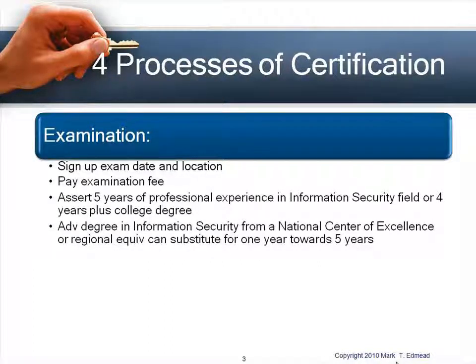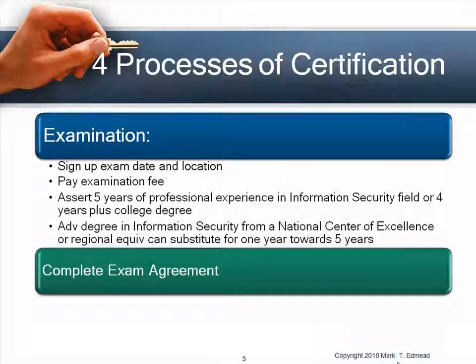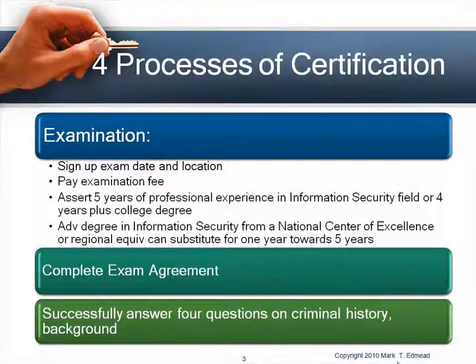for the exam. The CISSP requires that you have 5 years of professional experience in the information security field, or 4 years plus a college degree. You could also have an advanced degree in information security from the National Center of Excellence or something that is equivalent, and that can be substituted towards the 5 years. Then there's an exam agreement that you need to complete. And then there's a 4-question background information about your history, about your background, that also needs to be part of